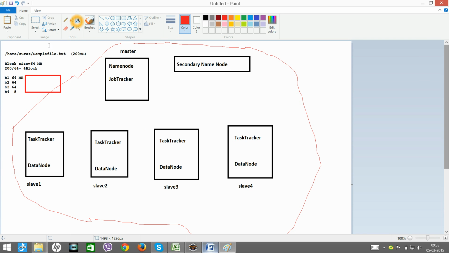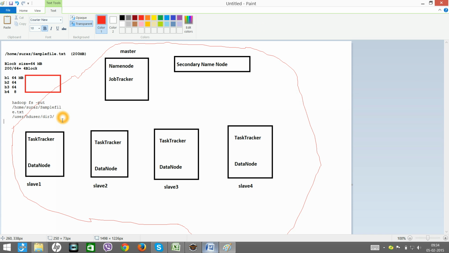But for the time being, just try to understand that there is a command called put which can be used to write the data into the Hadoop cluster. So this is the command: hadoop fs -put /home/suraj/sample.txt and your directory name.